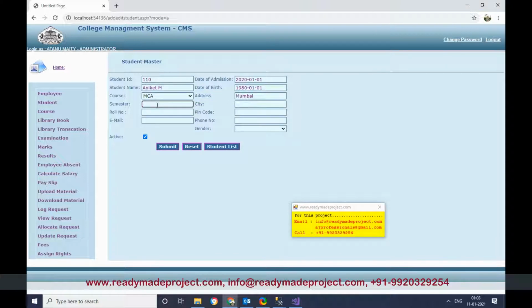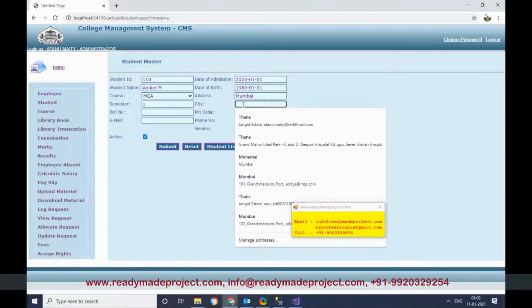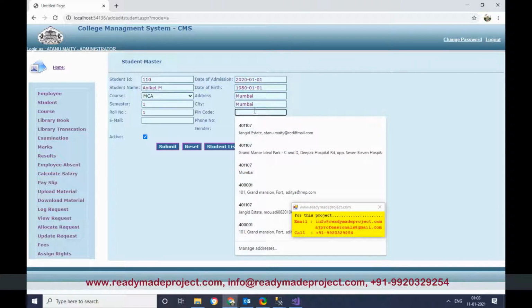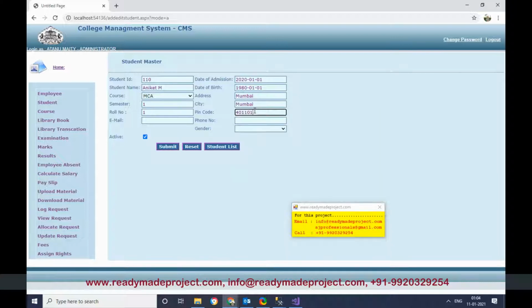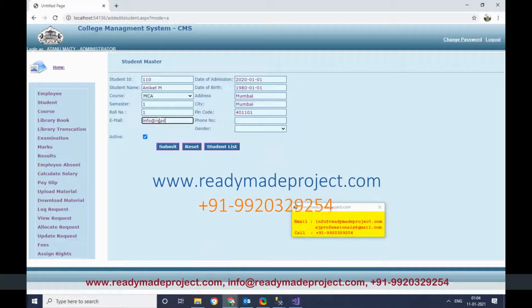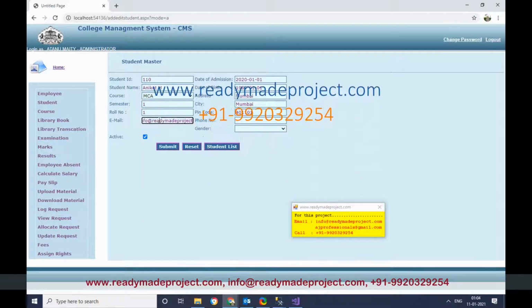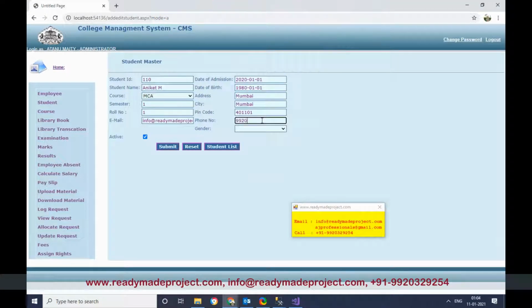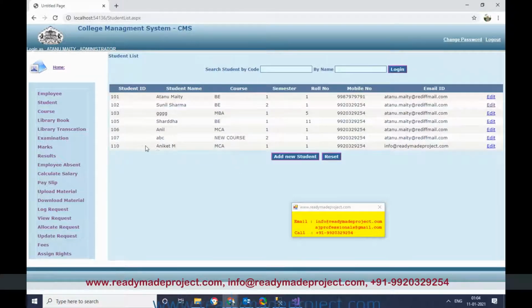Semester 1. City Mumbai. Number 1. Pin code. Email value. Phone number. So the student is added. If you click on student list, the student will show. So a new student is created, Oniket M.